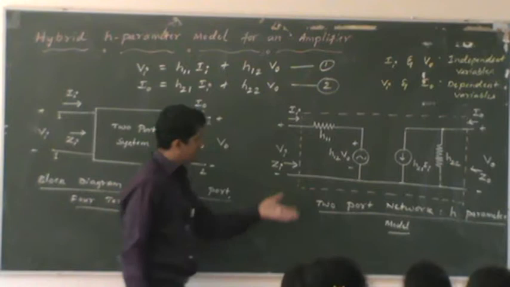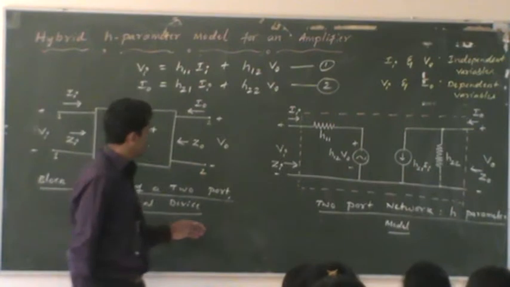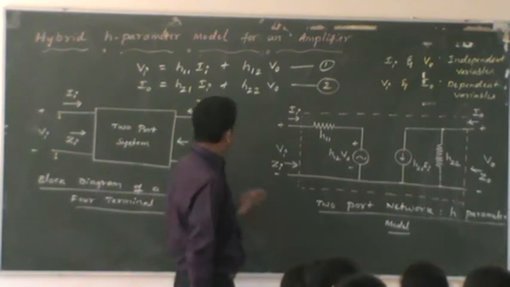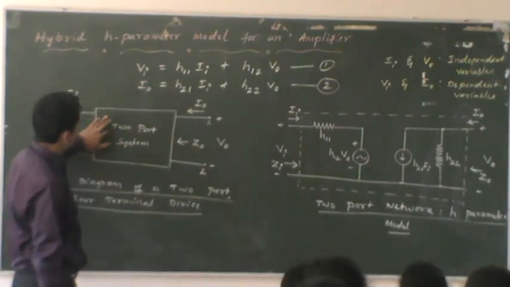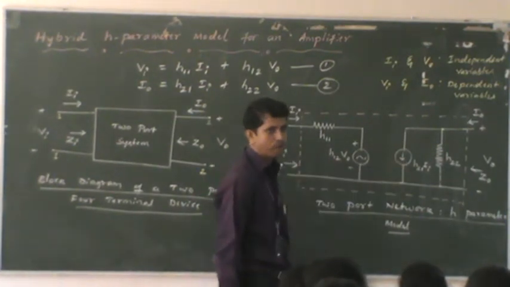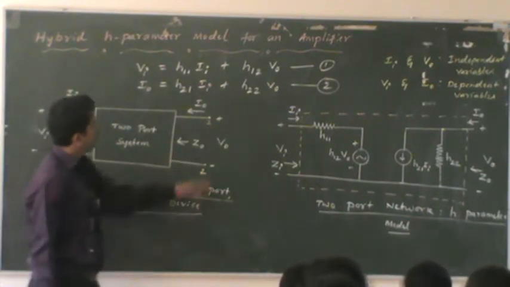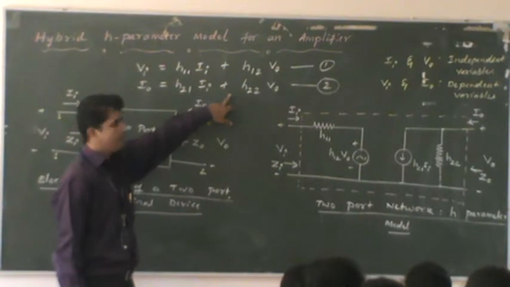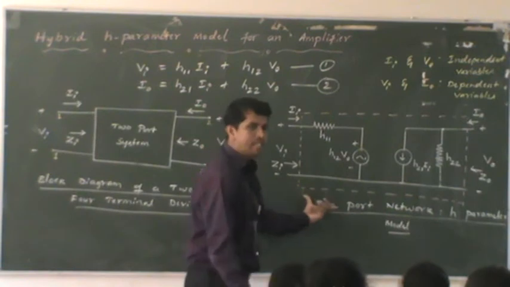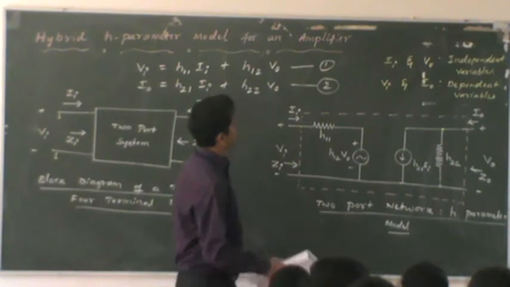So in the upcoming classes and today's class, we will discuss how to construct a model of a bipolar junction transistor using this 2-port system or this 2-port network. Okay. So there is a close relationship between the 2-port system, the equations, and this 2-port network. All are interrelated to each other. In an abstract manner, they relate the input and output. The equations give you mathematical relations, telling you how the output port is related to the input port, and the circuit will tell you how this output is related to the input. Okay, so all are interrelated to each other.